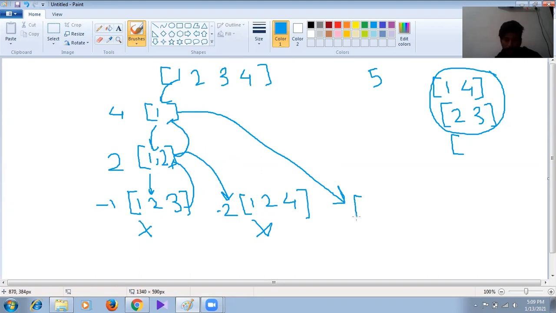Here the combination we can make is 1 and next is 3.